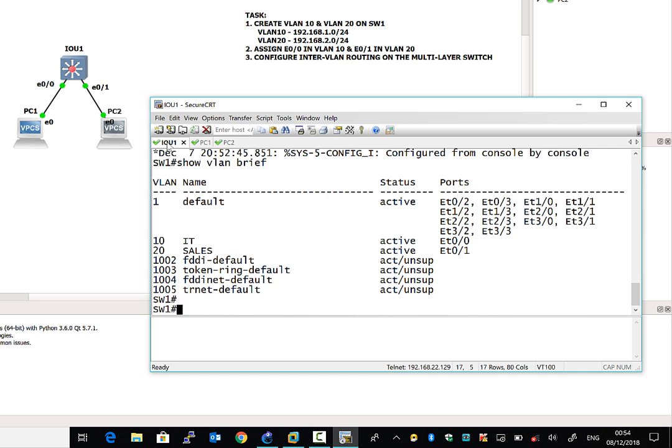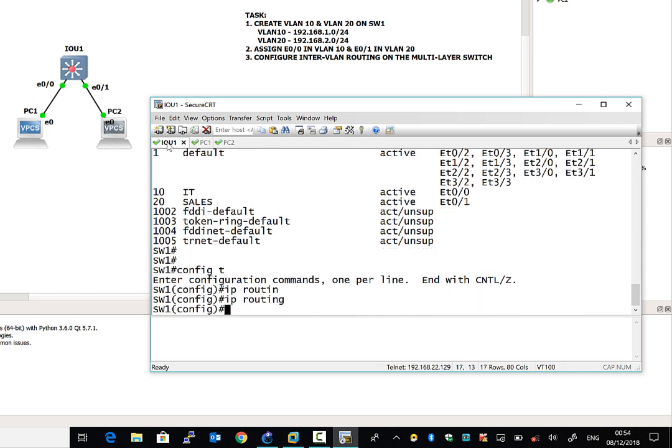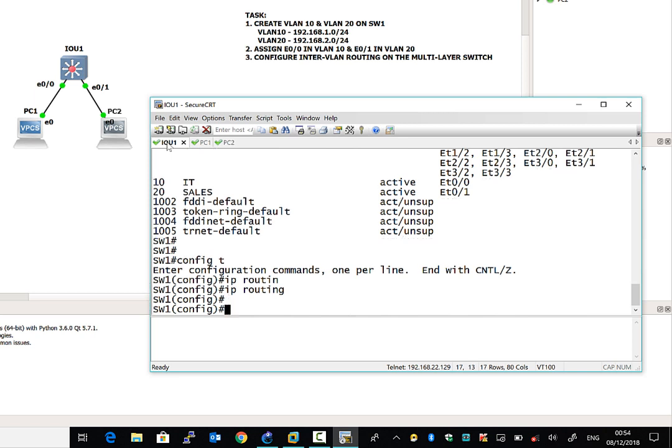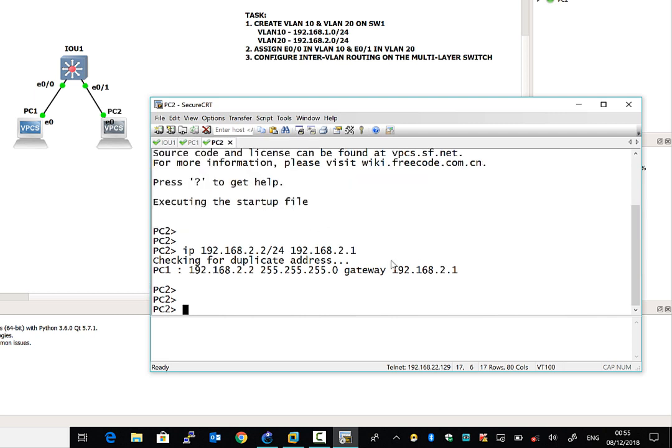So this is a layer 3 switch. I can enable routing by simply configuring one command, which is IP routing. When I run this command, it is going to enable the routing feature on this multi-layer switch. Now, as you know, we don't have the gateway right now, but I have already configured my gateway as 1.1 and 2.1, right? So for VLAN 10, 1.1 is the gateway, and for VLAN 20, 2.1 is going to